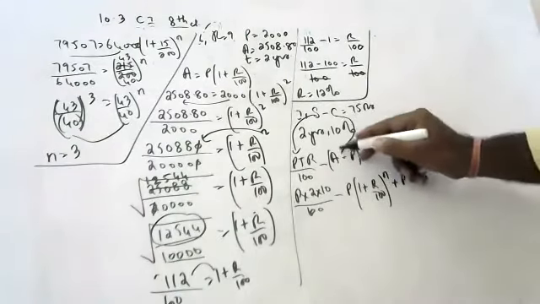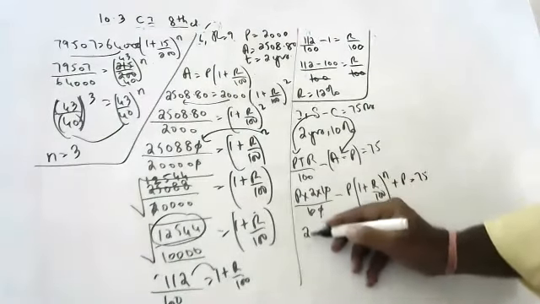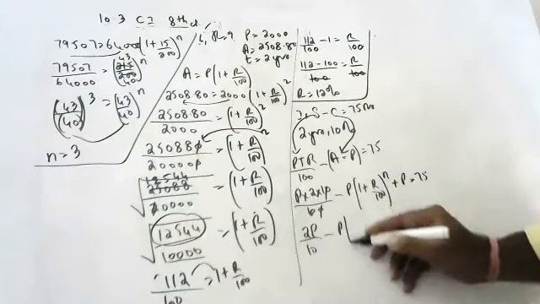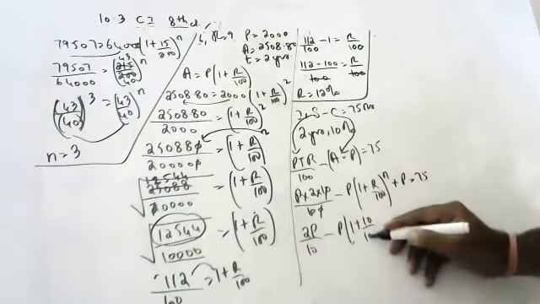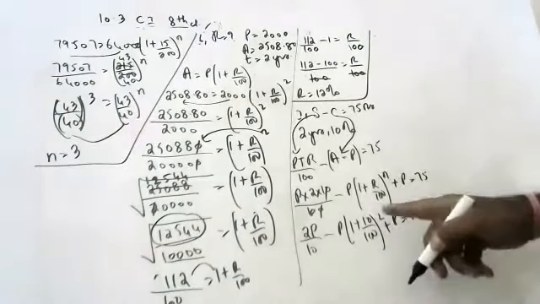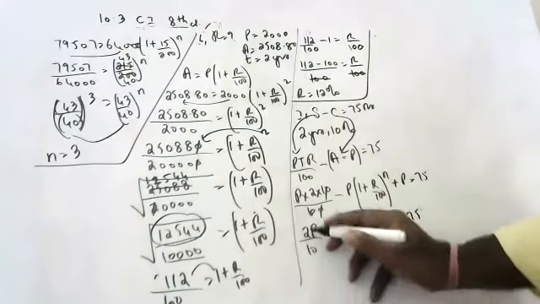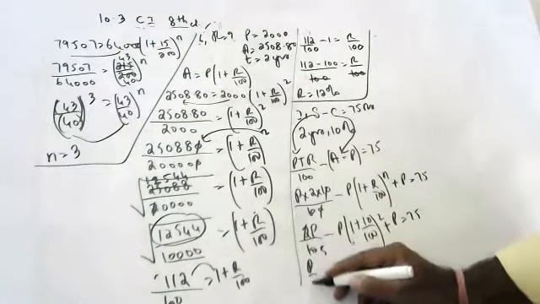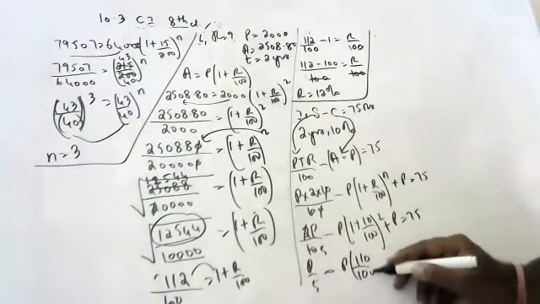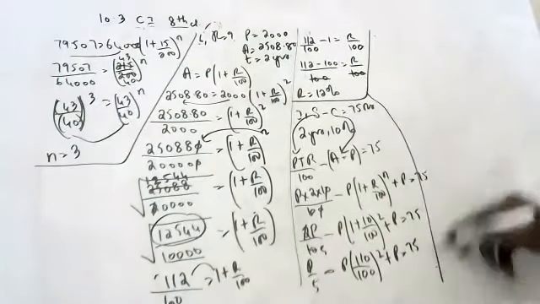See, I wrote compound interest as amount minus principal. Now see here, this zero is gone. What can we say? P into 1 plus R, minus P, with a rate of interest of 10%. Now simplify. This will go 5. P by 5 minus P into 110 by 100 whole square plus P is equal to 25.